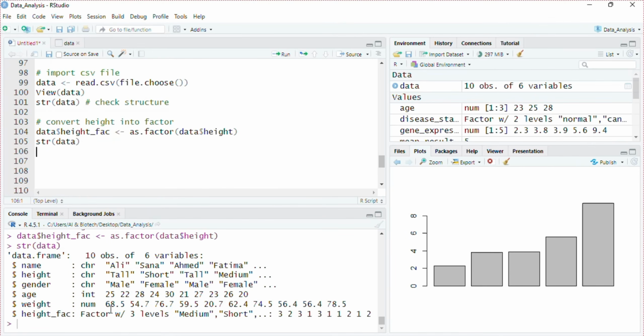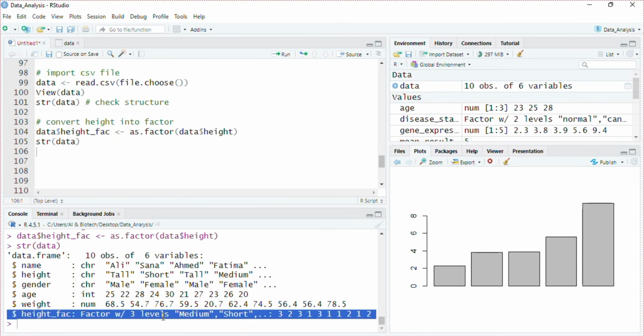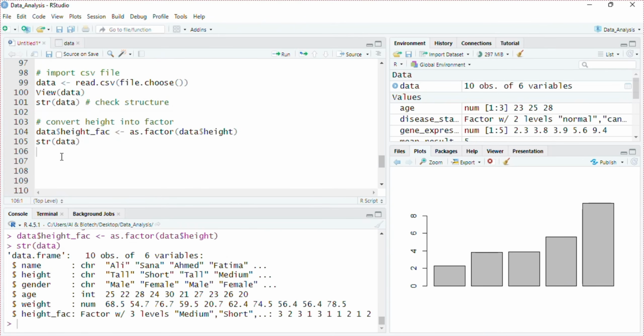Now relevel the height factor column into tall, medium, and short.